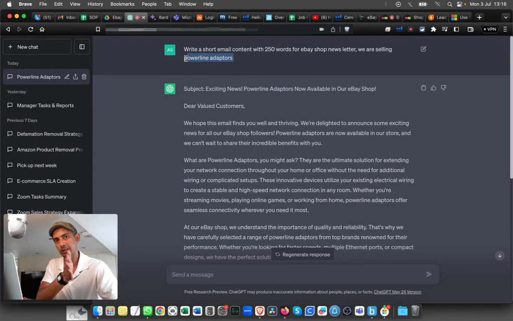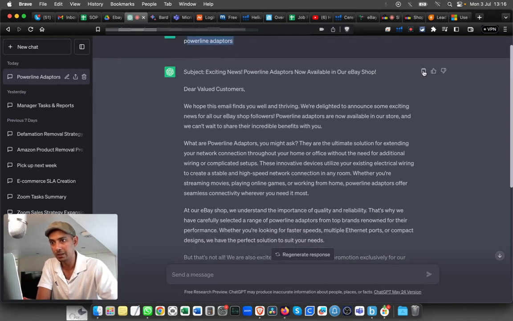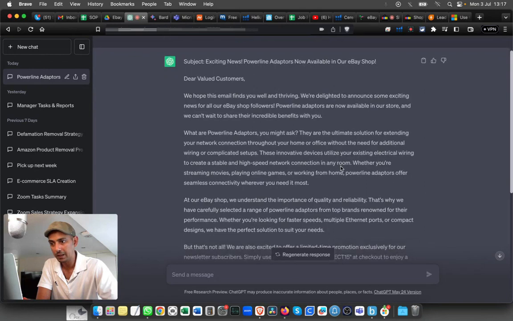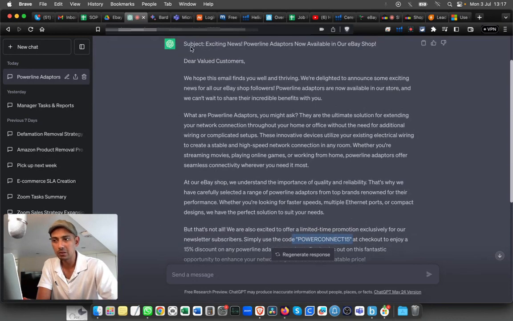So I say how long the content needs to be, what I sell, and the platform. These are the main points that I gave to ChatGPT, and it came up with a big chunk of text. You can see it even offers the code as well, which I'm not using at the moment. So I'm just going to copy a little bit and then